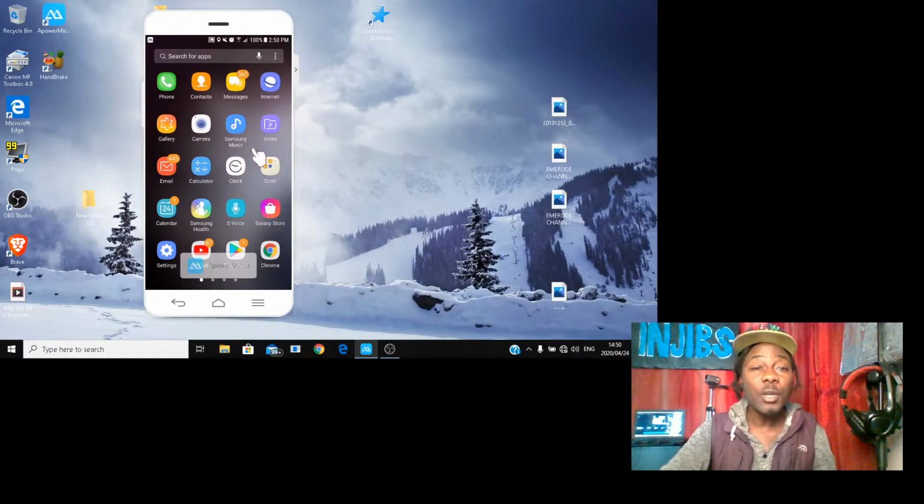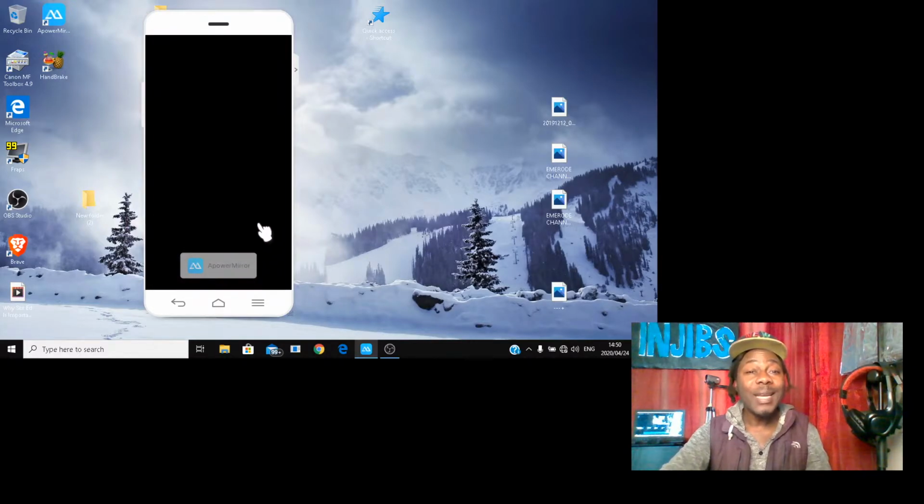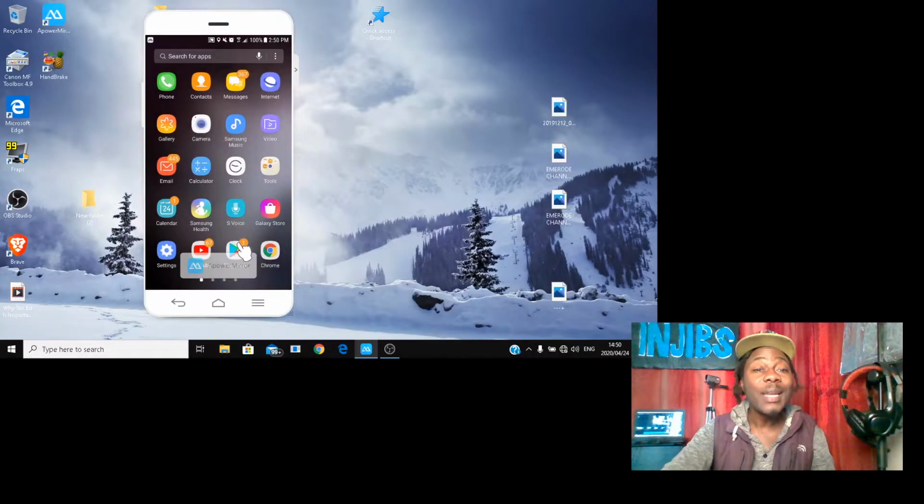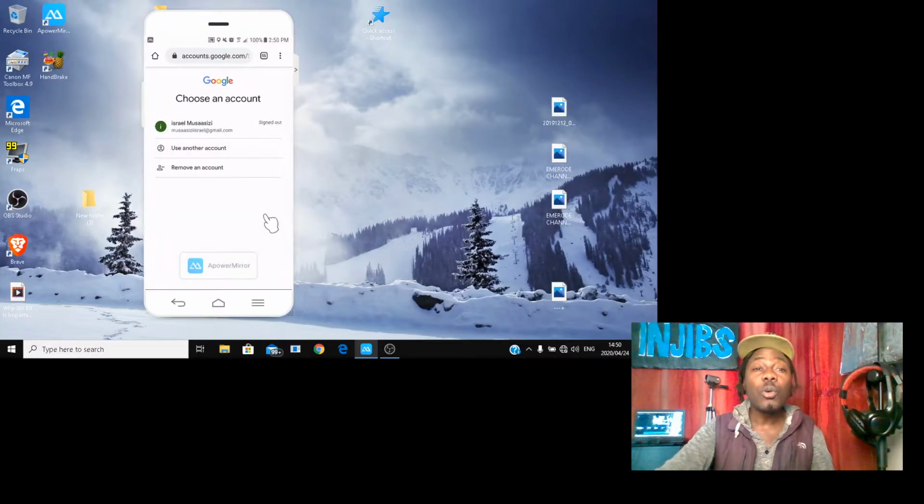This is my Android phone here. Go straight onto your phone and go to Google Chrome. If you don't have Google Chrome, go to Play Store. If you're running Android, go to Play Store and make sure that you download it from there. But now I've got Google Chrome here, so let's just go to Google Chrome. And then when you get to Google Chrome,